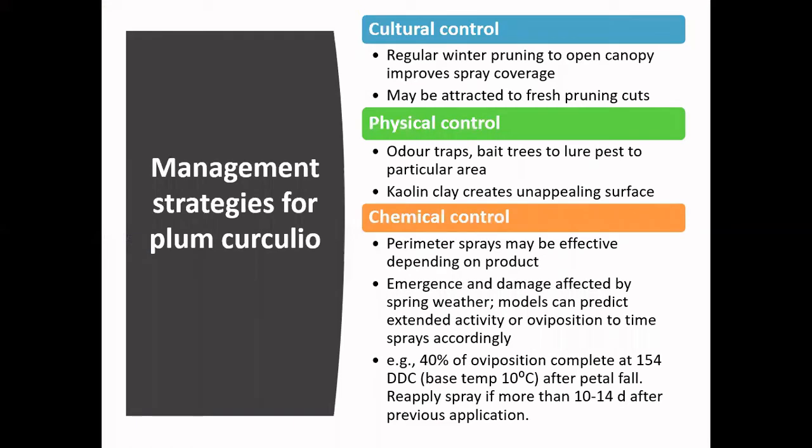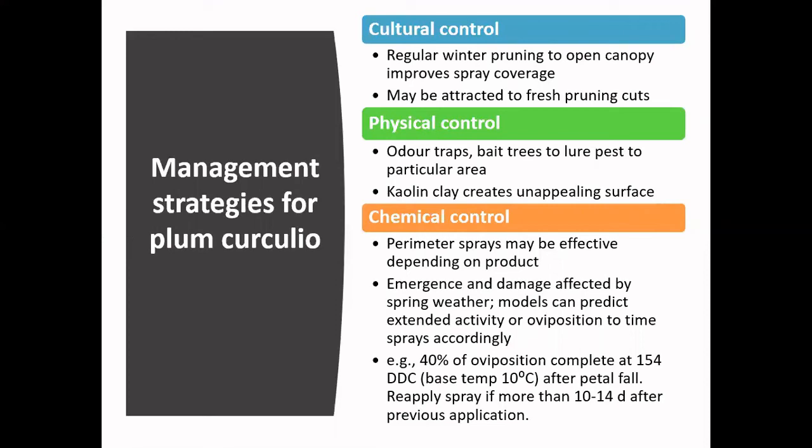Unfortunately, with plum curculio, there are very few alternate strategies to chemical control for managing this pest. Pruning, of course, to open the canopy will help to improve spray coverage. There has been some work looking at bait trees that can help to lure plum curculio to a particular area. Also, the use of kaolin clay, or Surround, can help to deter oviposition or feeding damage, because it makes the surface of the fruit and the leaves unappealing for the plum curculio to